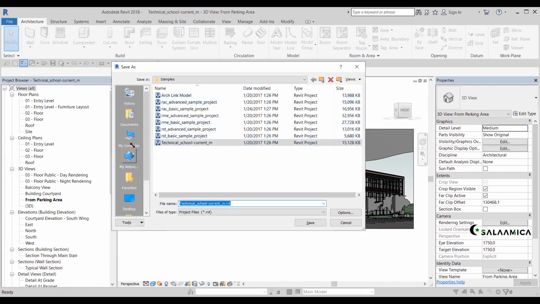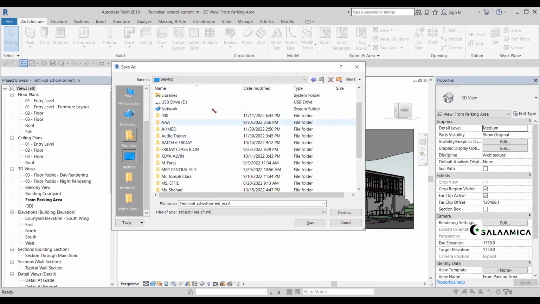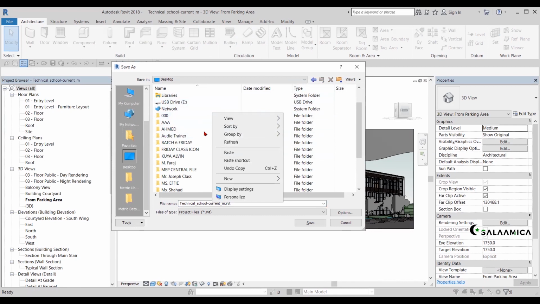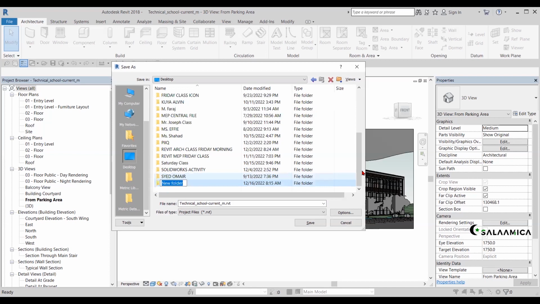So in my case, or better, on our desktop, create a folder. You can create a folder here. Right click, new folder. You can write your name, but for me, I'm going to name it batch 7 Revit combo.